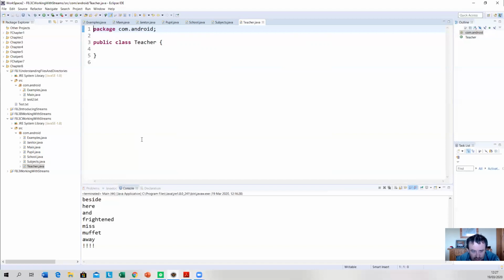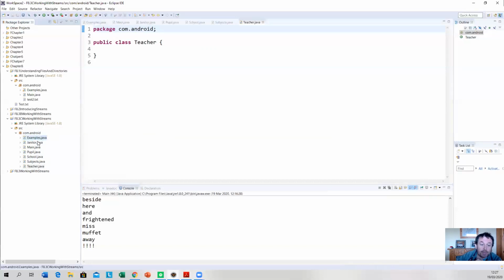That's called serialization. And what we're going to do then is make further changes, and then revert back to the previous form by deserializing a file. So we could have done a day's work and said, oh, we don't want that anymore. We can go back to the previous version by just deserializing an existing file. And this serialized file is going to contain examples, janitor, main, pupil, school, subjects, and teacher, all zipped up in